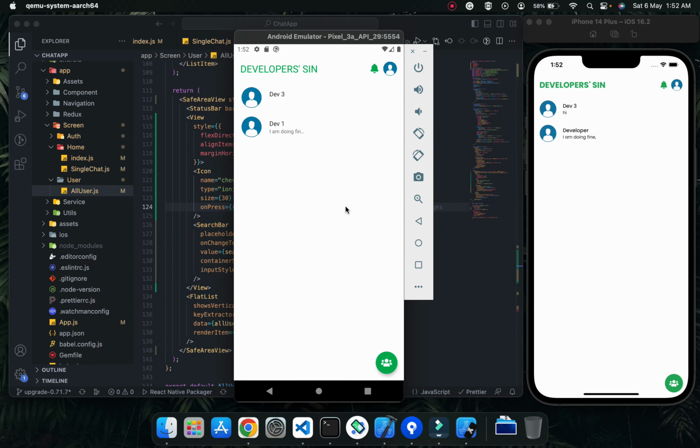So we successfully managed to configure the iOS part, and you can also check that we are getting the one-to-one messages from Android to iOS and all. We will continue further with the next. Stay tuned for the